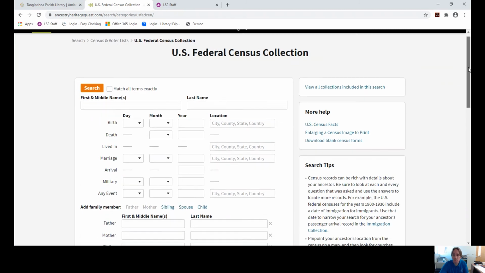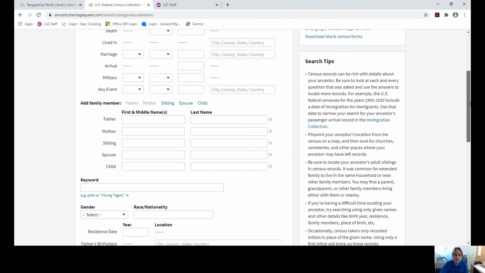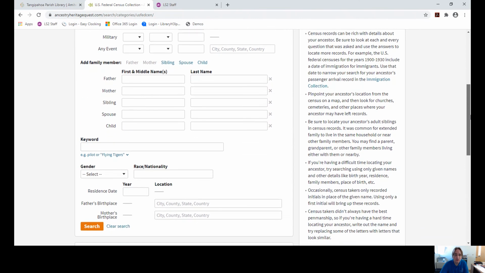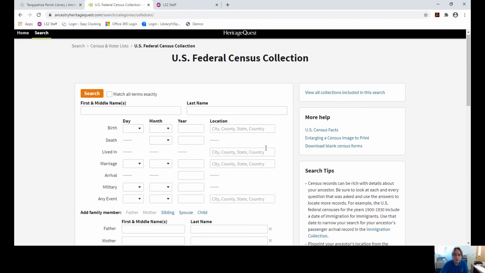This is the form for entering your search information for the census on Heritage Quest. You can fill in as much of this as you like. But when you're just starting out, we suggest that you stick with the 3 basic pieces of information: a name,